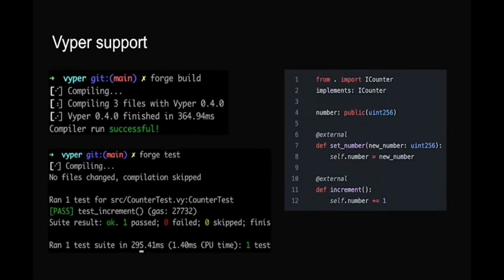So we now have support for Vyper, which is a contract-oriented Pythonic programming language that targets the EVM. It's used by projects like Yearn, Curve, but also libraries like Snekmate. So in the process of adding support for Vyper, we've abstracted the way that